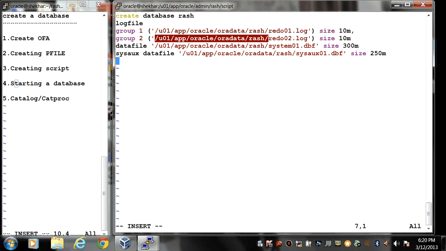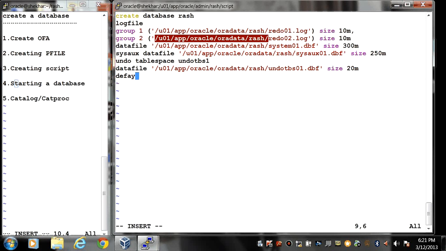And then I need to write undo tablespace. And the undo tablespace is undotbs1, and the datafile of this tablespace would be undotbs01.dbf. Size would be 20M.